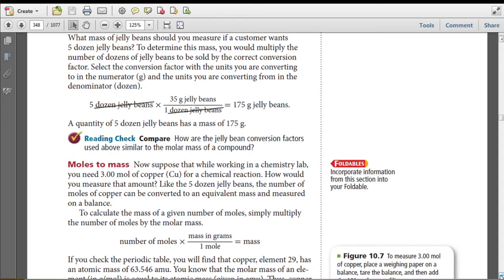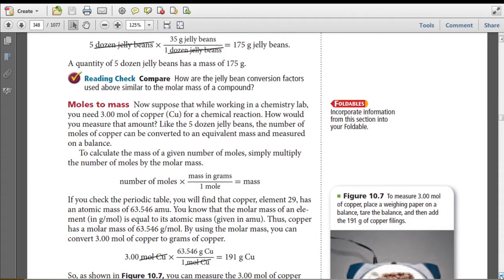Now suppose that while you're working in chemistry lab, you need 3 moles of copper for a chemical reaction. How would you measure that amount? Like 5 dozen jelly beans, the number of moles of copper can be converted to an equivalent mass and measured on a balance. To calculate the mass of a given number of moles, simply multiply the number of moles by